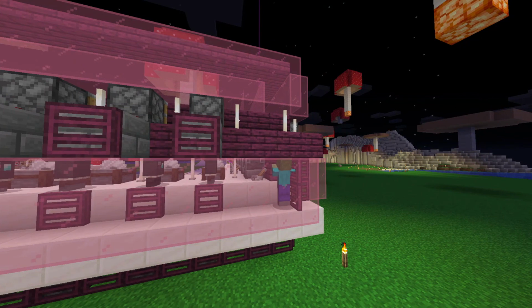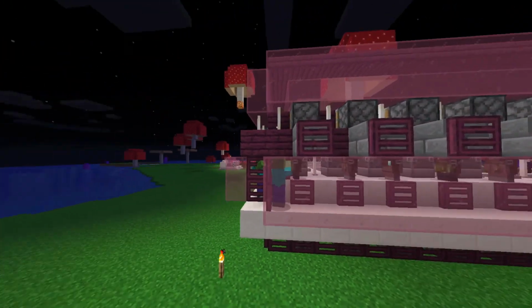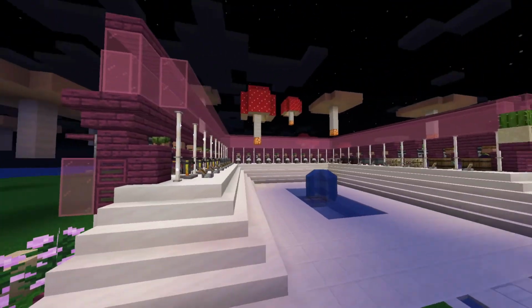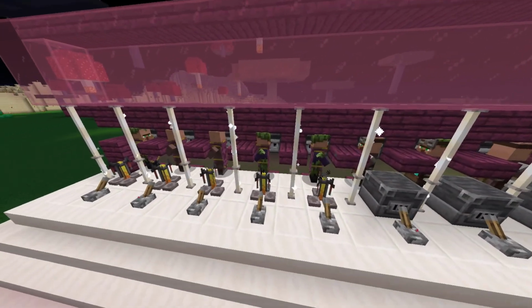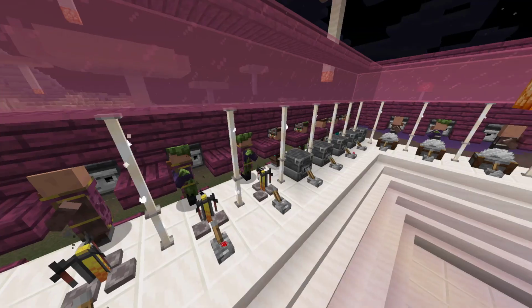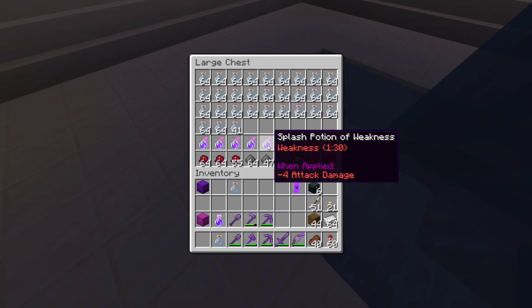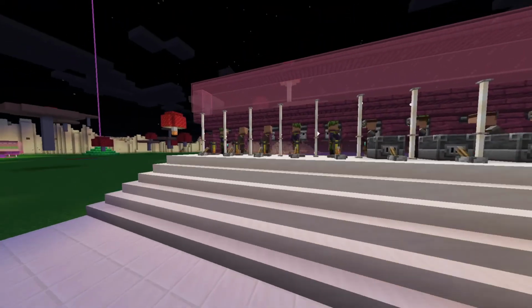This villager trading hall is actually a build that LogicalGeekBoy came out with, and it works super well if you are on difficulty hard. So you can actually just drop the villagers down, and then they get zombified by the zombie when he sees them, and then you can just cure them with, I think, yes, splash potion of weakness, which you make out of fermented spider eyes and gunpowder, and then you give them a golden apple, and then you cure them, and then they have these cheap